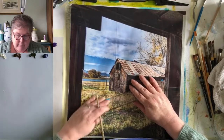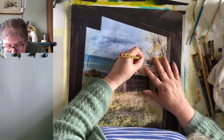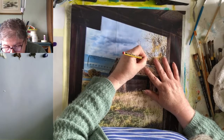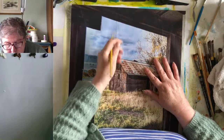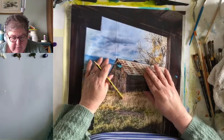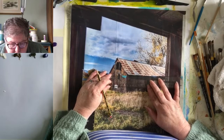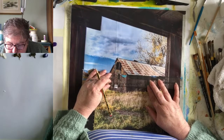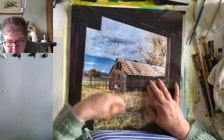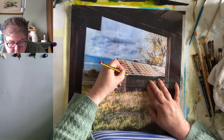Ruler is the thing. Now this has got a chimney pot on it, which I hadn't noticed, but it's there. It needs to be put in. And I don't know what that is. I think it might be a bit of the other side of it that's flipped up in the wind or something, but I'm going to ignore that because it doesn't really describe anything very well. I'm going to draw a line here, although some of the parts are slightly up and some are slightly down, but that is the general